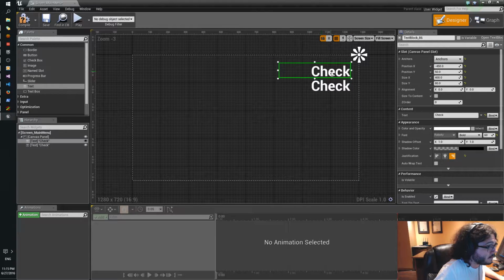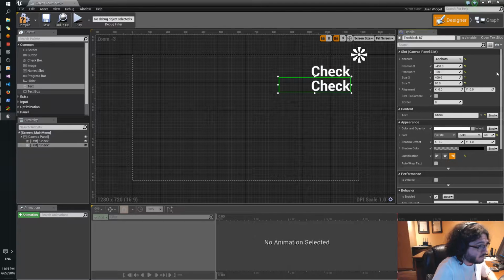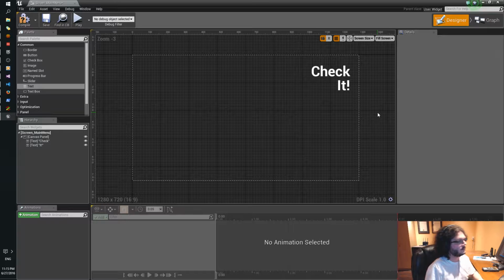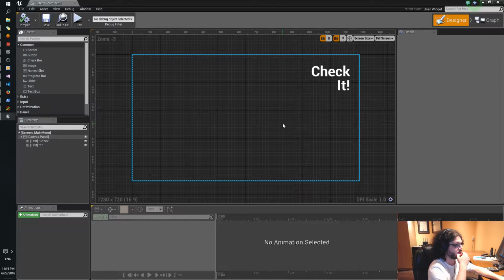And then the size is there, so actually almost perfect. And then this will be it. Compile and save. And then we can have 4 buttons down the middle, which works well for controllers.